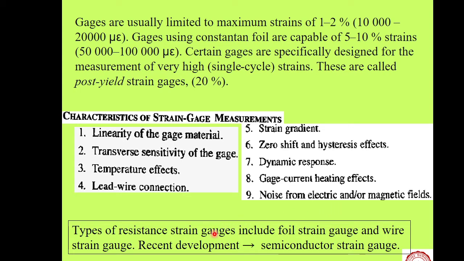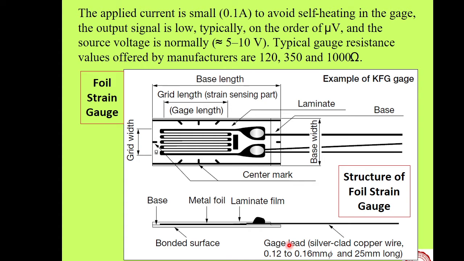Okay. So, here are the types of resistance strain gauges: the foil type we have seen, there are wire type. Historically, wire type strain gauges were developed first, then we have foil strain gauges now, and recent developments are semiconductor and other types, capacitive, etc., which are not in much use nowadays. They are still under development, under calibration, special purpose.